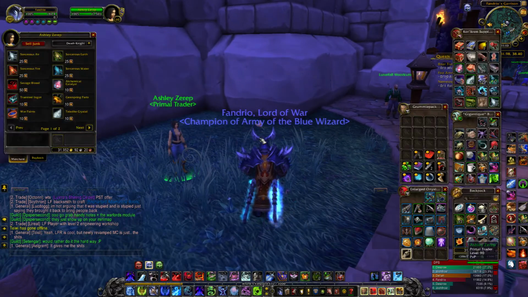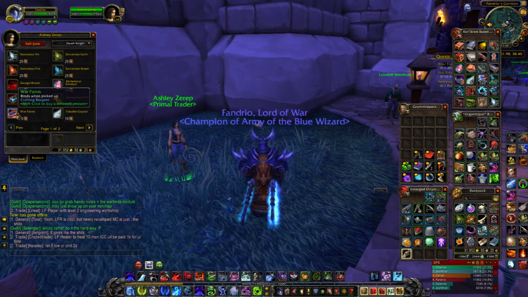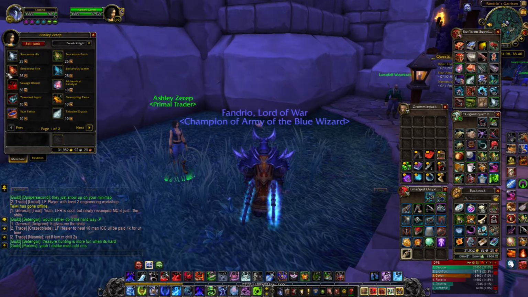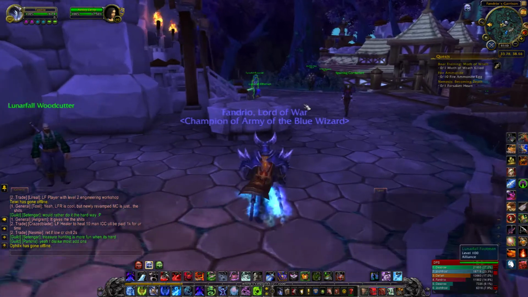Primal Trainer. You'll get these from work orders randomly. And you can trade them in for War Paint, for various ingredients. I actually need some of this. Good thing I looked here, because now I know where to get it. Have a good one. The final building